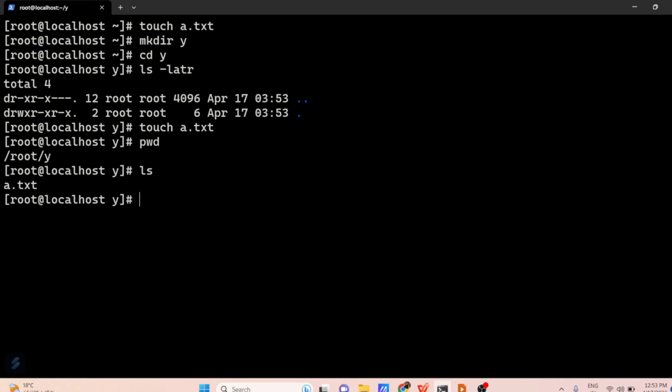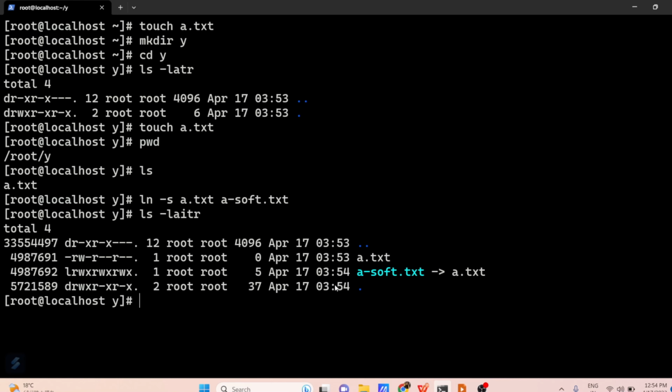Now we want to create a soft link for this a.txt. For that you have the command ln -s. Then after that you write a.txt, and then the name with which you want to create the soft link for a.txt. I want to create it with a_soft.txt. Hit enter. Do ls -latr again. You will see that a_soft.txt is showing that it is the soft link of a.txt